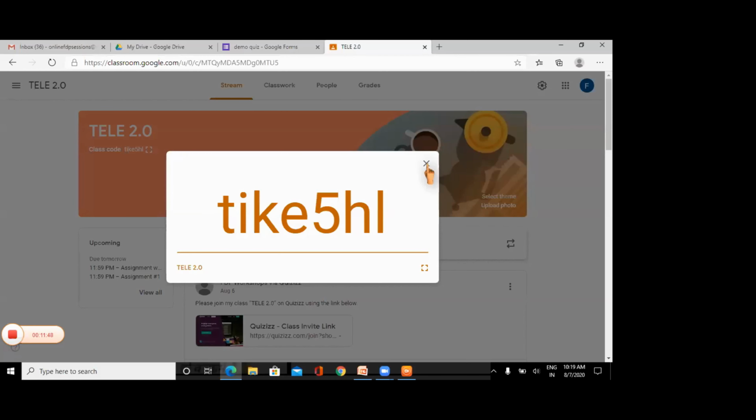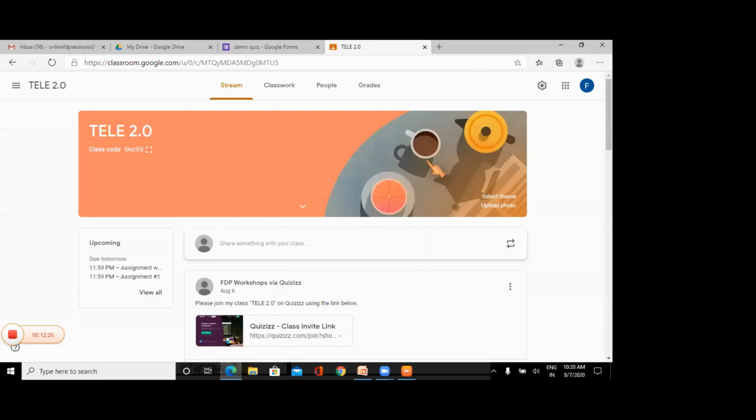For that, we have to create another classroom with the G Suite account. Okay, but I do not have a G Suite account, sir. I just have a normal account. So I request you, I think you have the G Suite account, so I request you to create a class and then we can share that with students so that they can join that class. And we'll share the quiz link in both the classes. That way we can do. Right? Yeah, okay. So those who have a normal Gmail account, please join the class by using this code. All right.